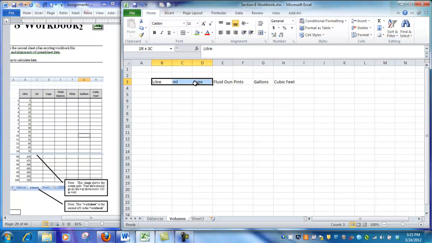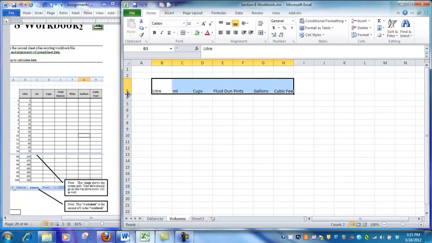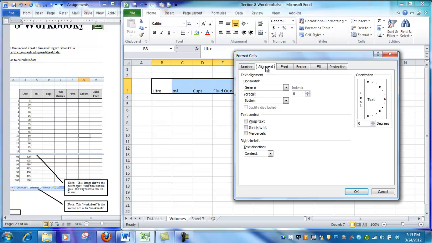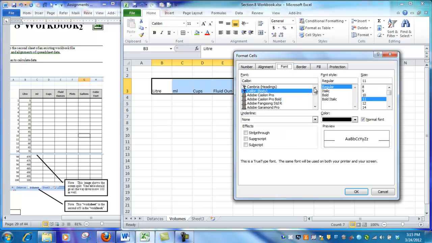Well, I'm going to go ahead then and select this range of cells because I'm going to do some formatting on it all at once. I will make it taller. I will do Control 1 and go to my alignment tab, text wrap. I'm also going to have it centered horizontally and centered vertically. I'm going to have it bold,